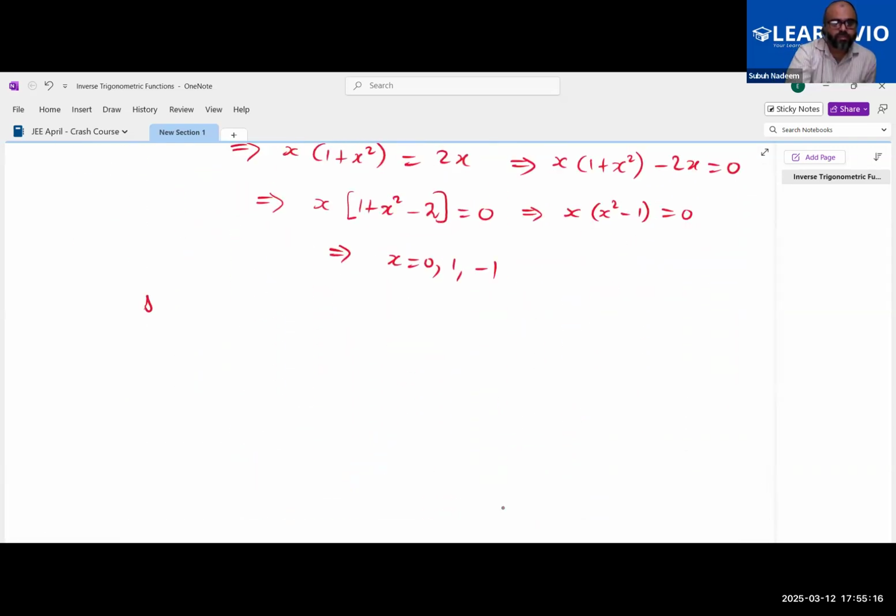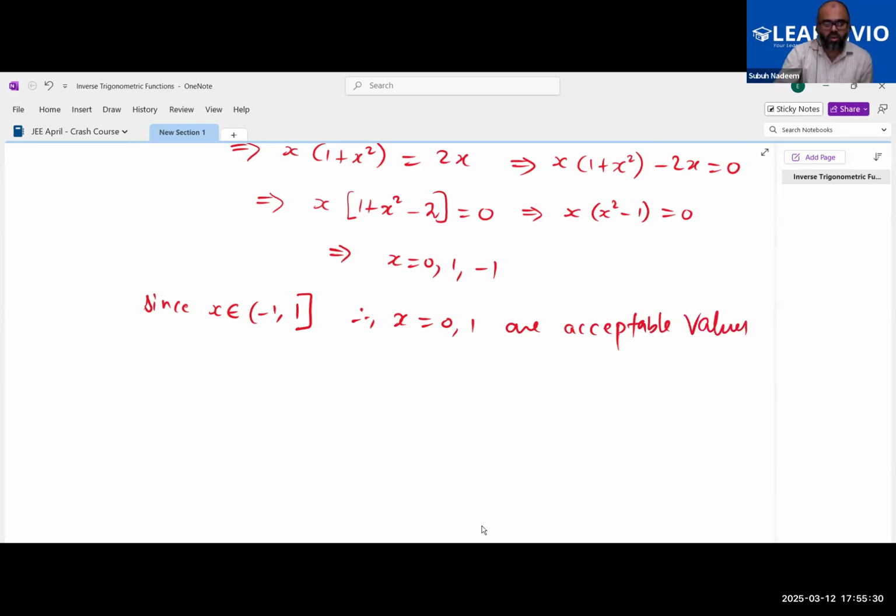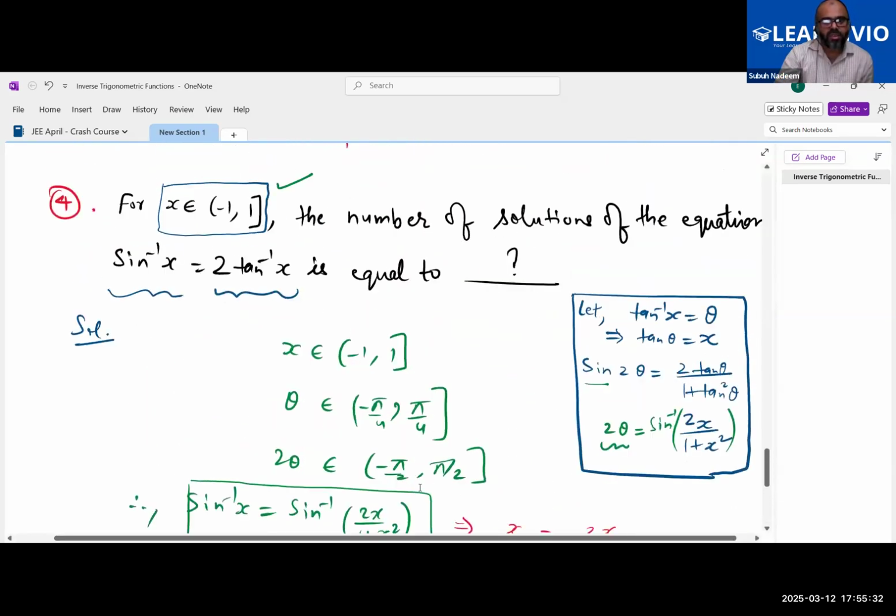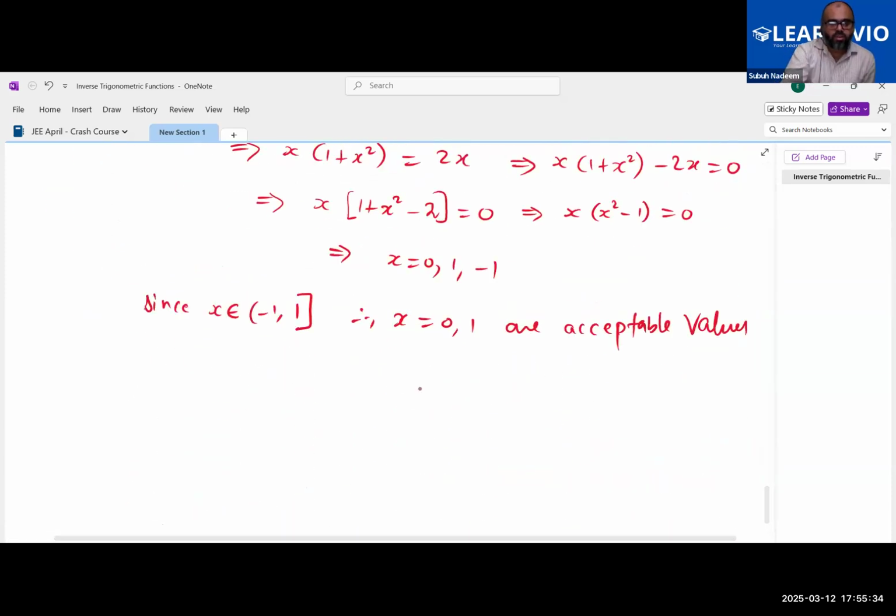So since x belongs to minus 1 comma 1, therefore x is equal to 0 comma 1 are acceptable values. So they are asking how many solutions, the number of solutions. So number of solutions is equal to,